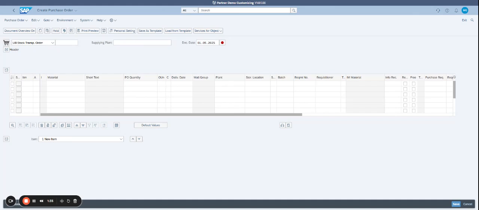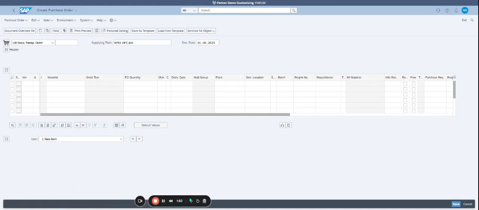Then in the supplying plant field, enter the supplying plant. In my case, it's KP01. I click on enter. Each time you select a value, click on enter. Okay? Then in the purchasing organization